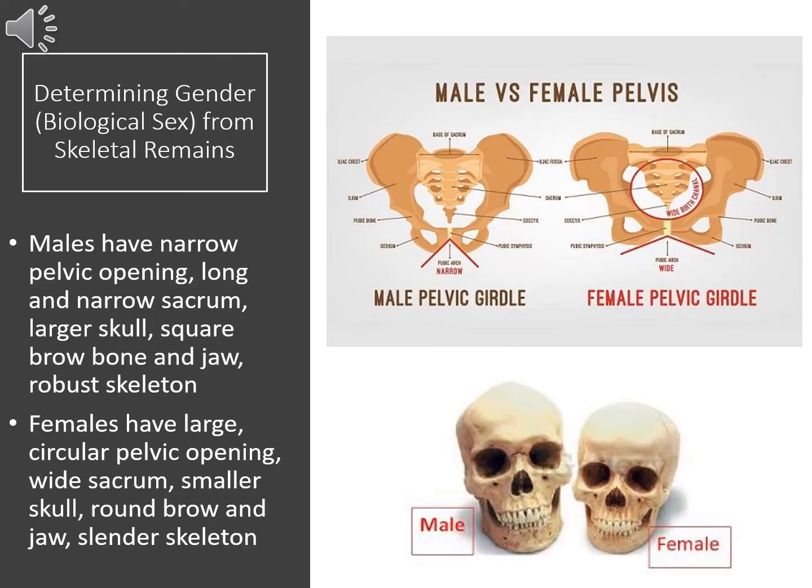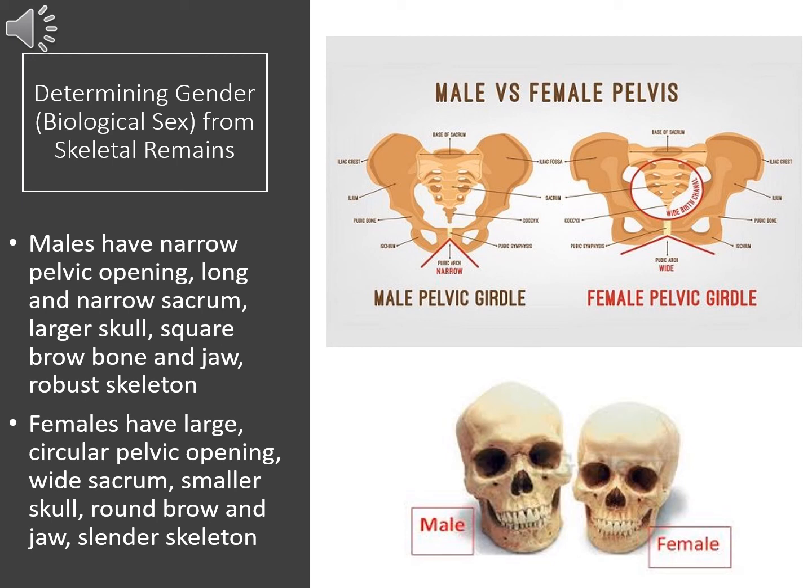And I mentioned this a little bit, but we can typically determine gender from the skeletal remains. So we've got males, or at least sex. Males have long pelvic openings. They're typically narrow, and long and narrow sacrum. The skull is typically larger in males than females. The brow and jaw tend to have a square appearance. And it's a fairly robust skeleton, so it's fairly good bone density and larger in size,